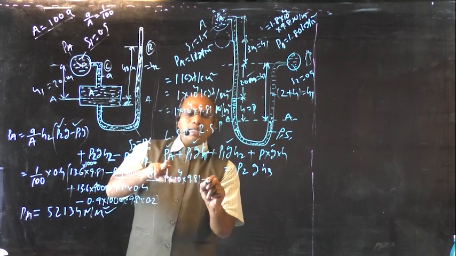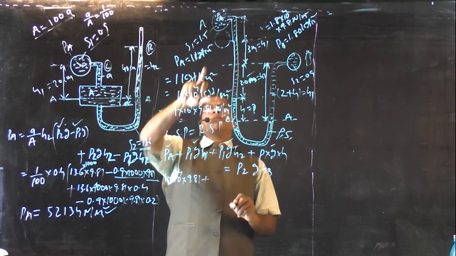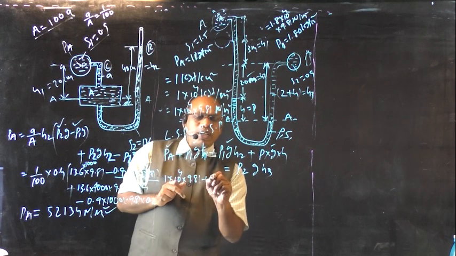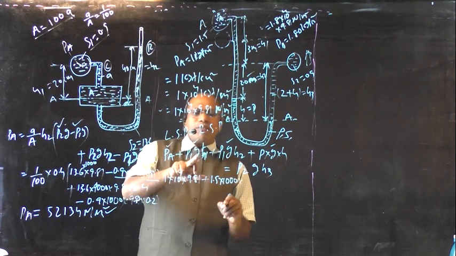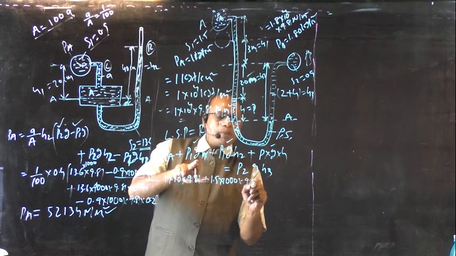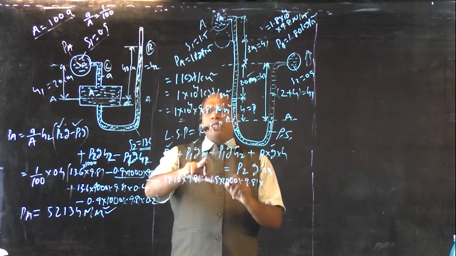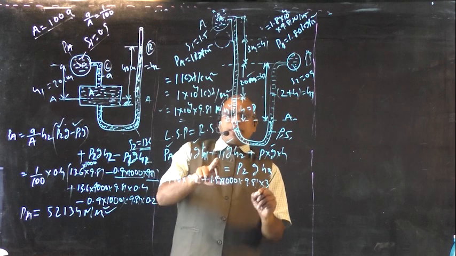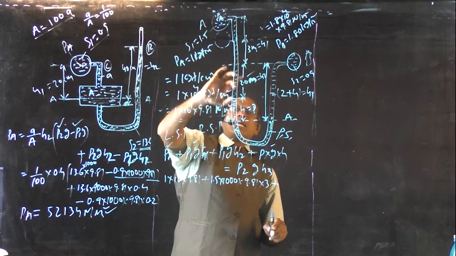This is the pressure in pipe A, plus rho 1, specific gravity of the fluid given 1.50. Therefore density is equal to 1.5 into 1000, density of the standard liquid, into G 9.81 into H1. This is H1. H1 is nothing but 3 meters,